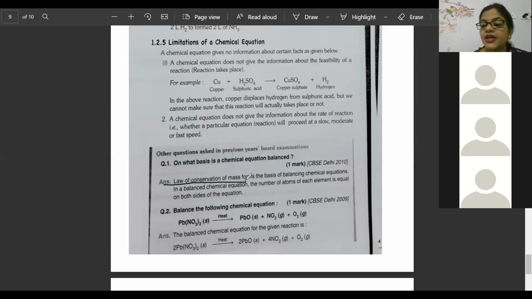Very good, Kamya, Arif. Number of atoms also. That is the second part, and the first one is the law of conservation of mass. So these are the two important points. That's why in yesterday's class I told you that there are two important points you must remember. First is the law of conservation of mass, second is the number of atoms. I hope my children understood how to deal with these types of questions.